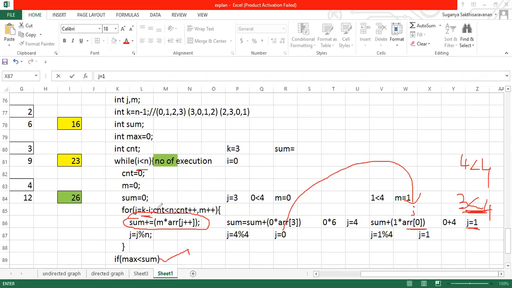So again, at the next step, what happened? k minus i. So what is your k value? Your k value is the same. Your k value is 3. What is your i value? Your i value might have incremented, so it became 1. So right now the iteration will start from the second index position. First it started with the third index position. So k minus i, it will start with your second index position. And next time it will start with your first index position.